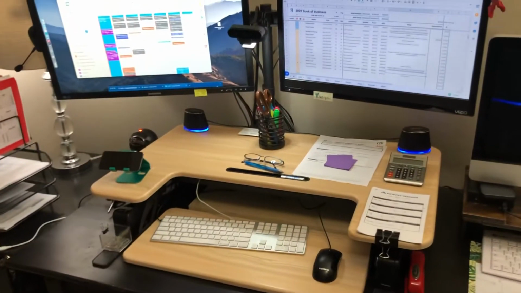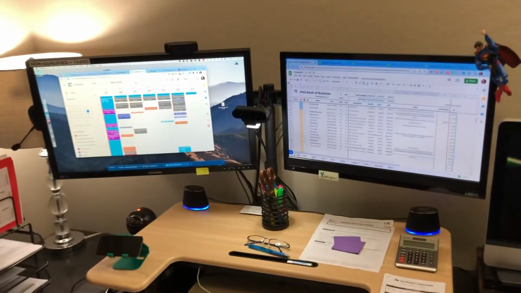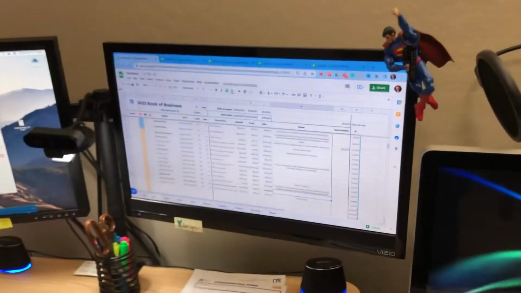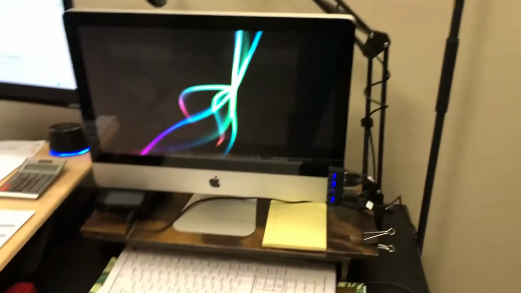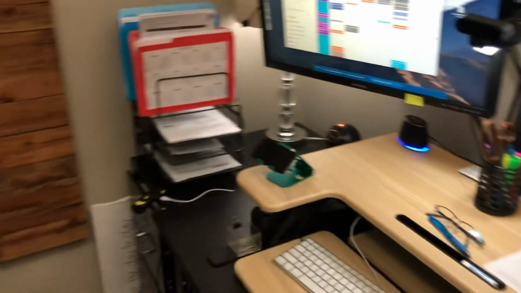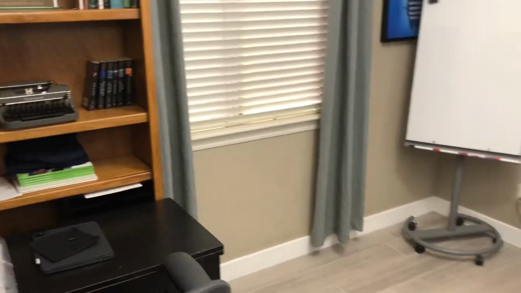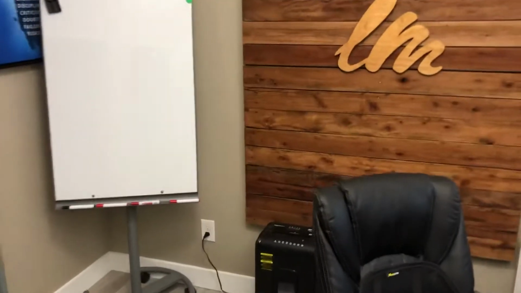This is a stand-up station right here, with a couple of monitors. You can see I keep tabs open on all the different things that I'm working on. And this is a second station. I do my podcast right there. It's kind of small. Let me back up a little bit so you can see the whole thing. It's just a room in my house that I've converted into an office, and this is where we do virtual